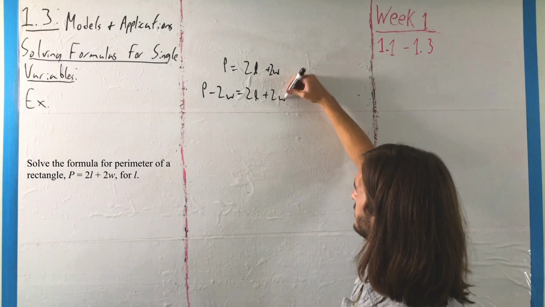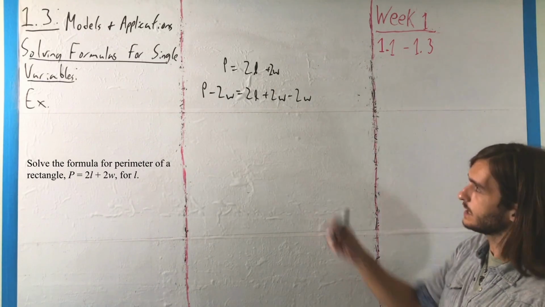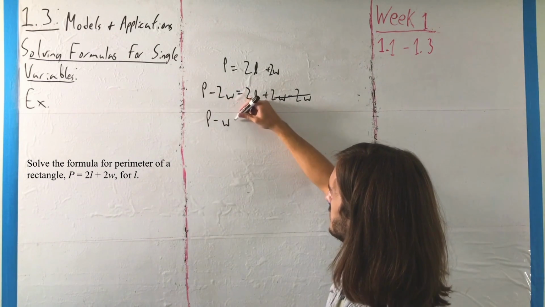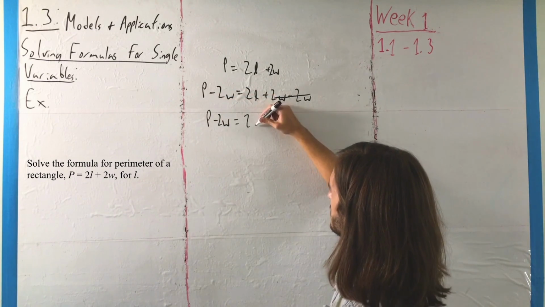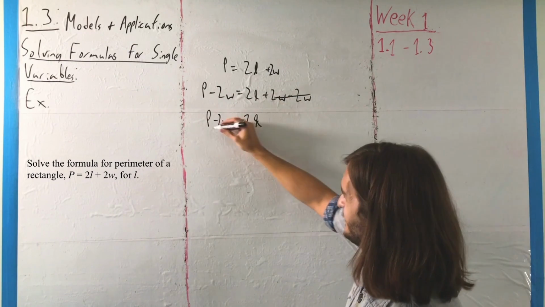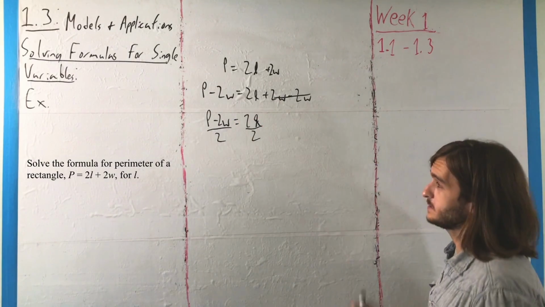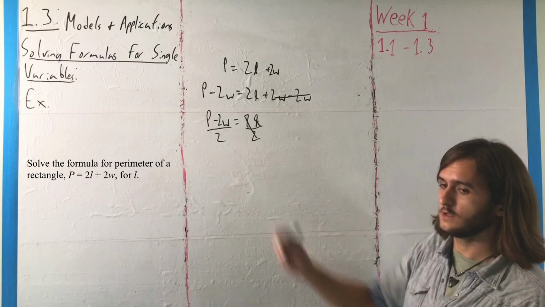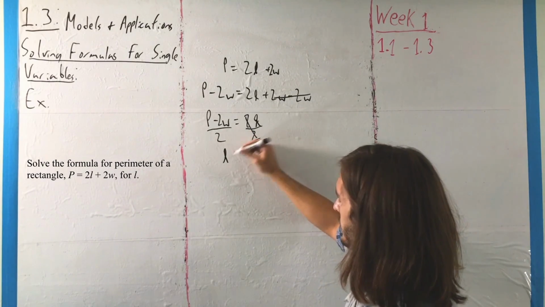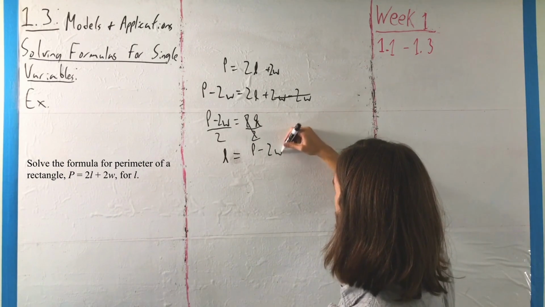2W, and it also gives me a chance to rewrite those terribly written things from the first one. Here, even though they're W's, they still cancel in the same way. So we're left with P minus 2W is equal to 2L. And then we divide by 2, and we divide by 2. Those 2's cancel. We're left with that on one side. I'm going to flip things over, skip a half step. We get L, the length, is equal to P minus 2W